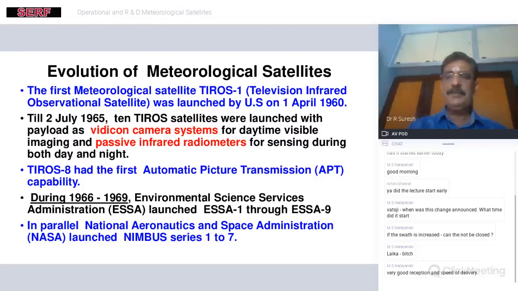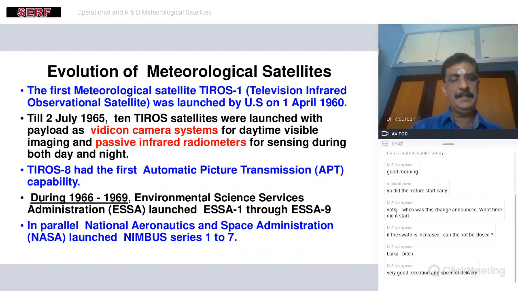And the first transmission started with something called Automatic Picture Transmission, APT, onboard satellites, on TIROS-8. It had a very coarse resolution, maybe around 27 kilometers. I have seen that paper long back. APT pictures used to be recorded at a ground station on thermal paper, which probably goes bad after some time because of atmospheric moisture contamination and other things. But nonetheless, picture transmission started long back, in the late 1960s.